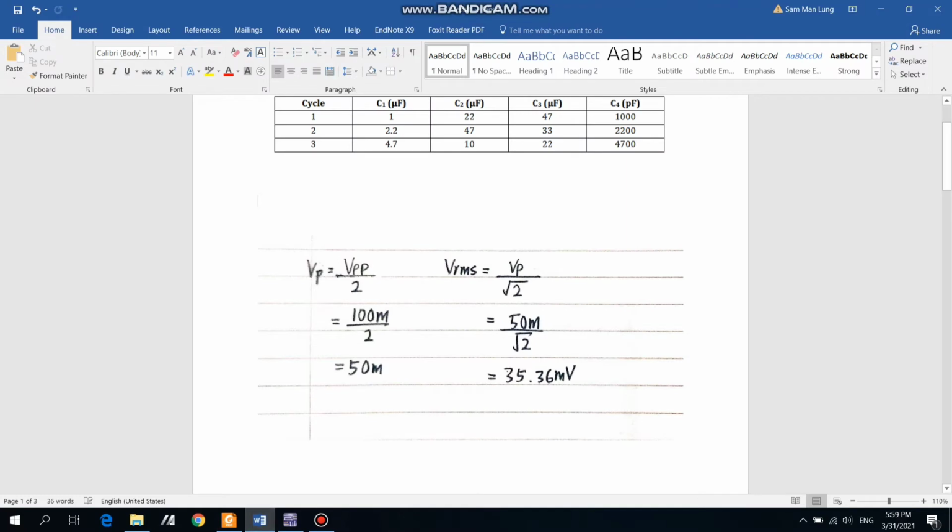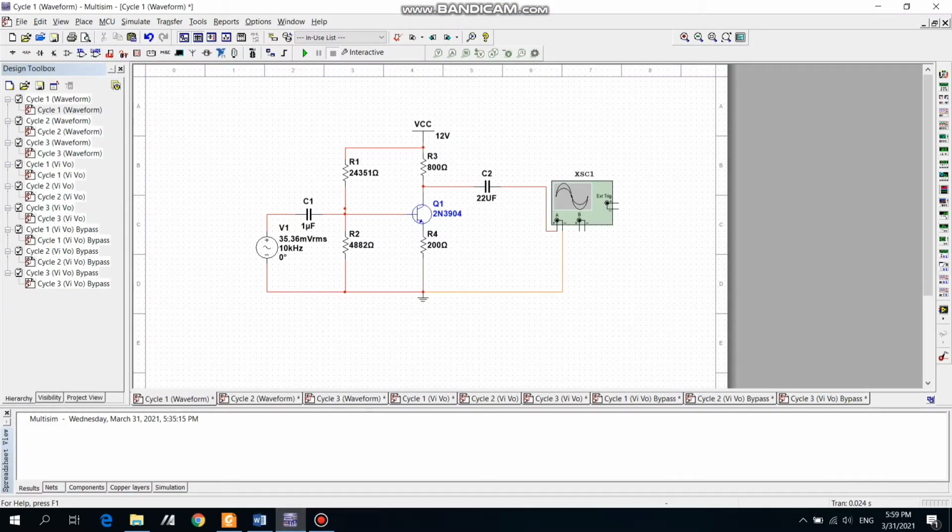Then we want to convert the voltage into VRMS. So V peak is equal to V peak to peak divided by 2, and then VRMS is equal to V peak divided by square root of 2, and then we get 35.36 millivolt. So in our circuit, we put in the capacitor values and the 35.36 mV VRMS, and then